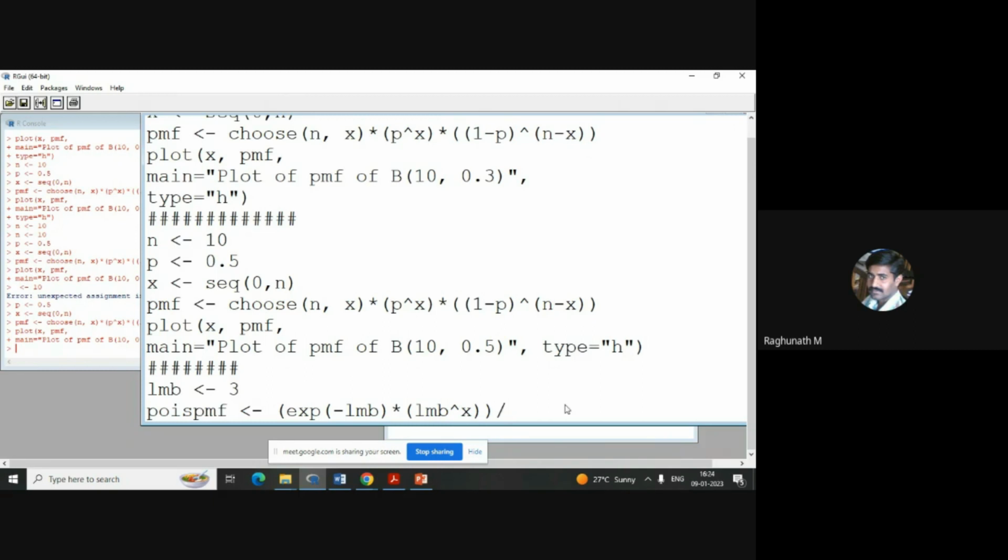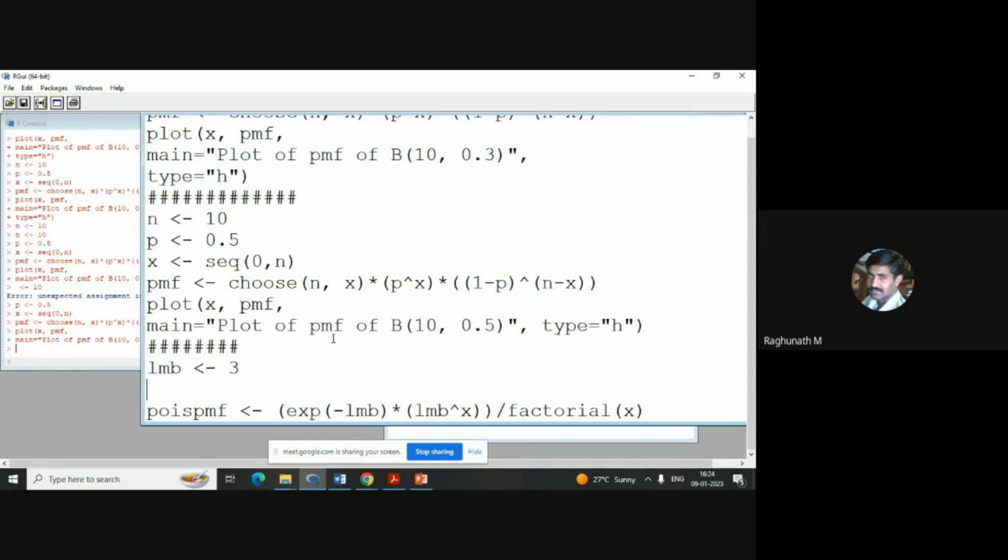so I have to compute x factorial. The command for that is factorial. The inbuilt function available in R is factorial of x. Again, I told you the advantage of R is that even the computation can be made on the entire vector. It will take component-wise whatever is there, access it and do it by itself. So now I have to define what is x. So again, x is equal to sequence of